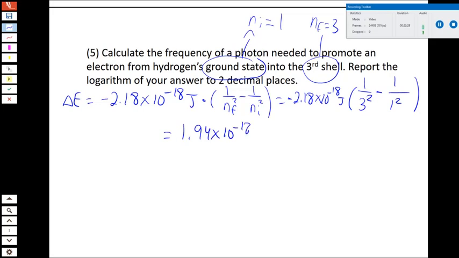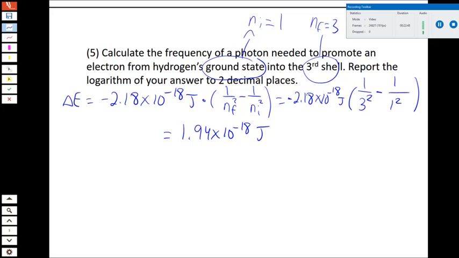times 10 to the minus 18 joules, meaning that when the electron absorbs this photon, it gains 1.94 times 10 to the minus 18 joules of energy, or another way to think about that is the gap between those two energy levels, n equals 1 and n equals 3, is exactly that number, 1.94 times 10 to the minus 18